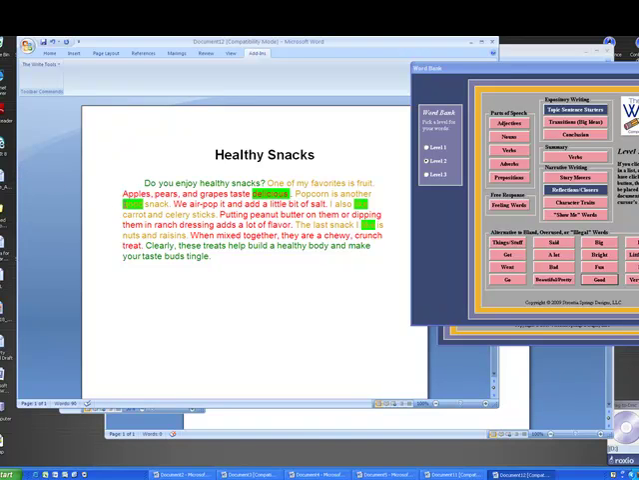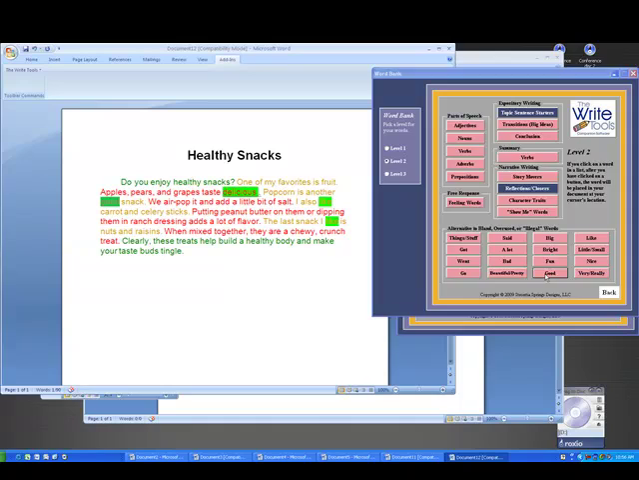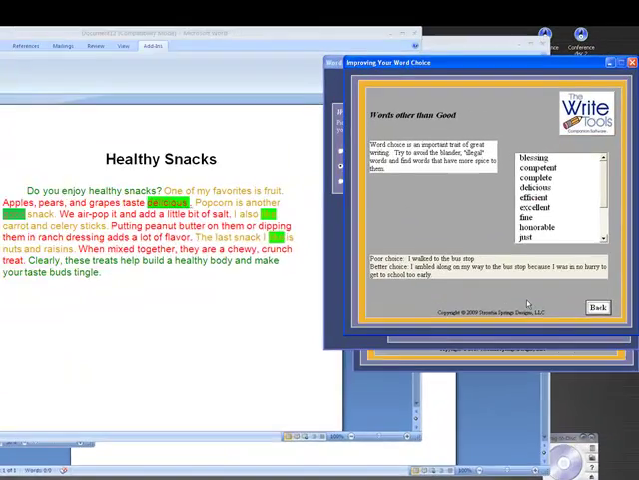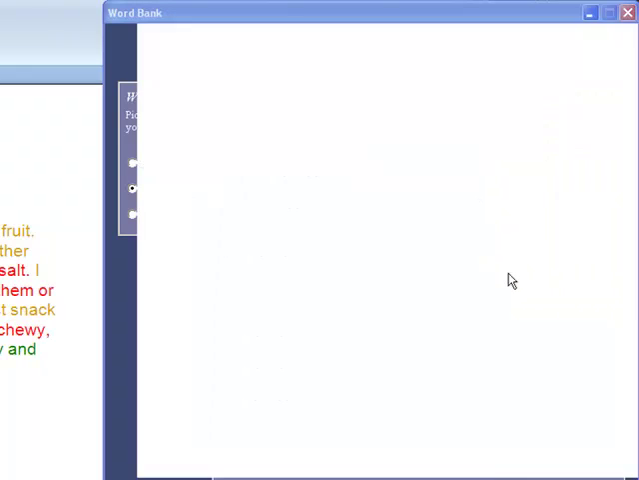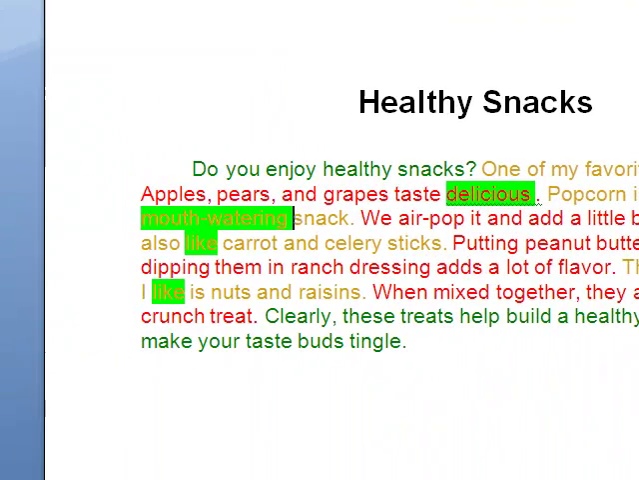Now let's do it again. We've got good again. Let's check for a different alternative. Now we don't want to use delicious twice, so I now have apples, pears, and grapes taste delicious. Popcorn is another good snack. Let's see what other choices are. Ooh, mouth-watering. That's a good word. So let's change that. Popcorn is another